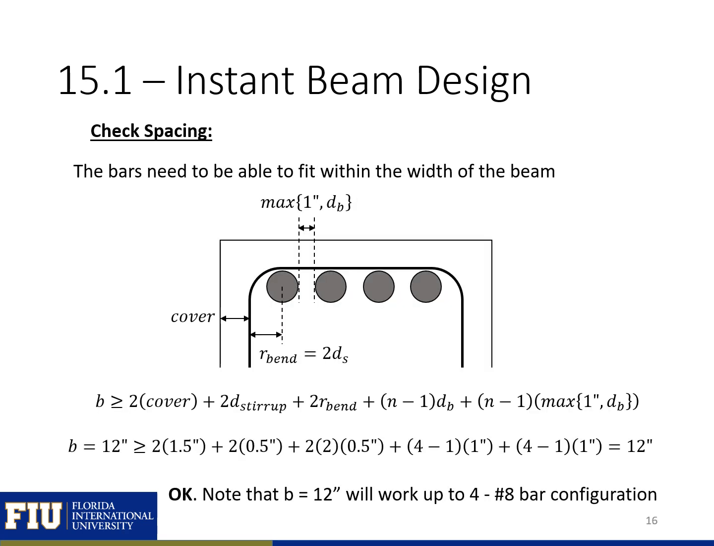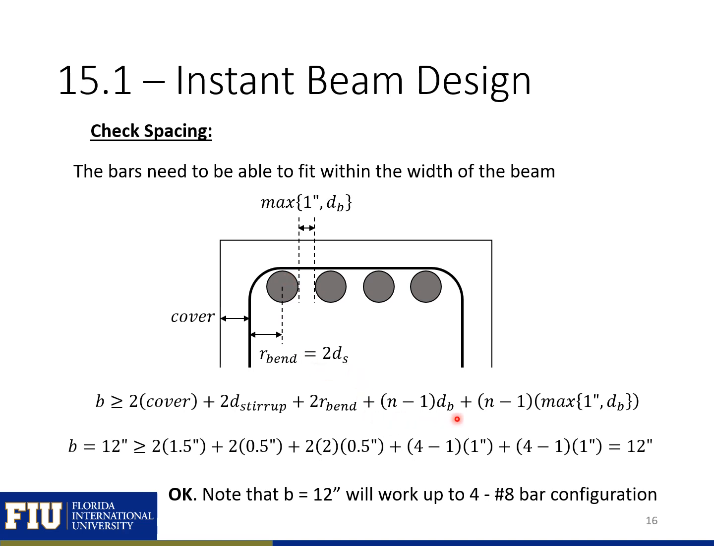We need to make sure that the bars are able to fit within the width of the beam. So we're going to check our spacing here. Our beam width needs to be greater than or equal to 2 times our cover, so we have cover on each side, plus 2 times the diameter of our stirrups, so we have stirrups on each side, plus 2 times the radius of the bend, which is the distance from our bar here to the centroid of this bar here, which will be 2 times the diameter of our stirrup, plus